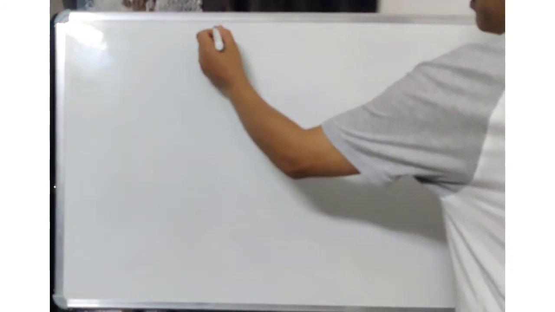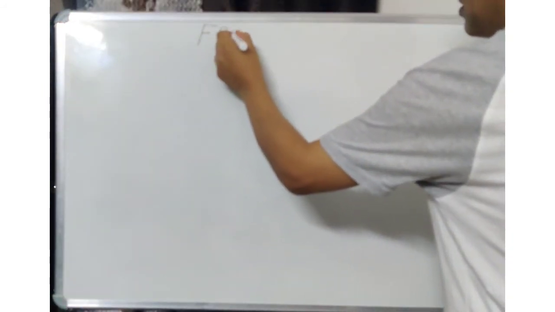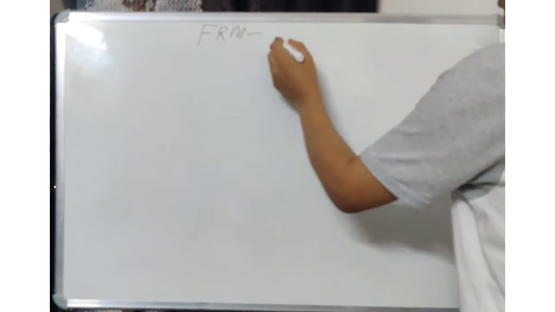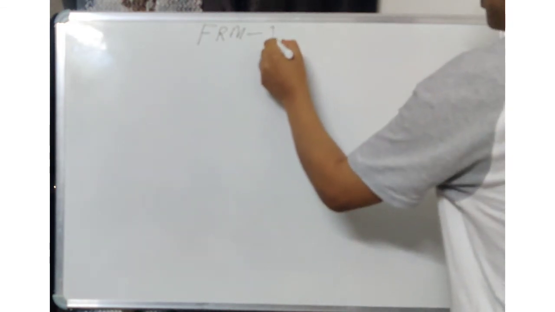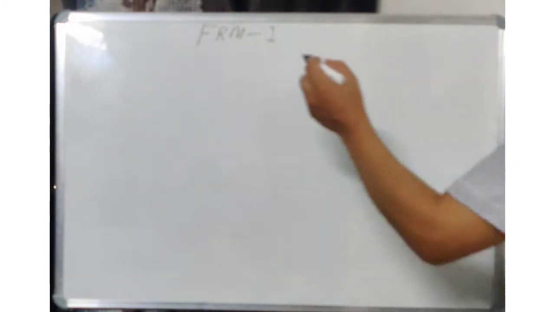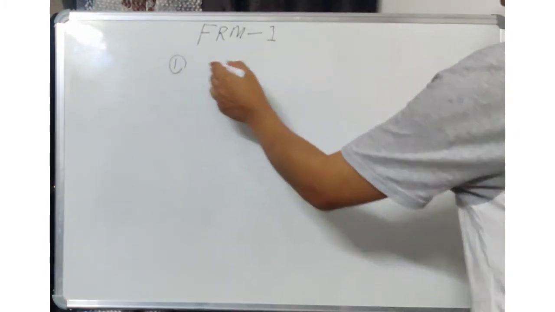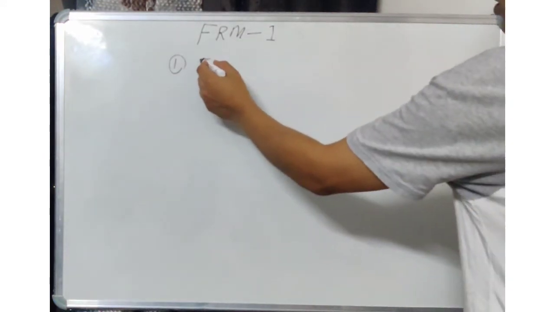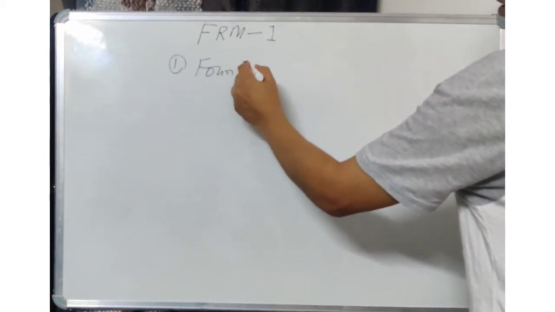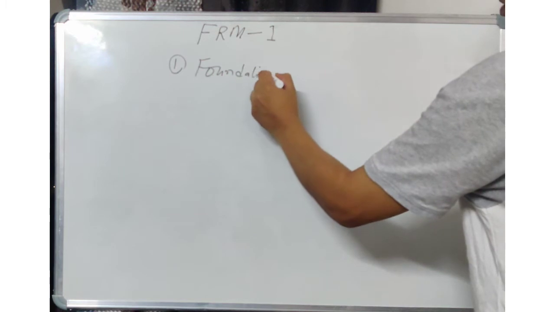Today I am going to talk about the FRM Part 1, and my objective of this session will be to cover the topics one by one. As far as the FRM readings are concerned, I will cover all the topics of FRM 1, starting from the foundation of risk management, that is Topic 1 as far as the GARP reading is concerned,